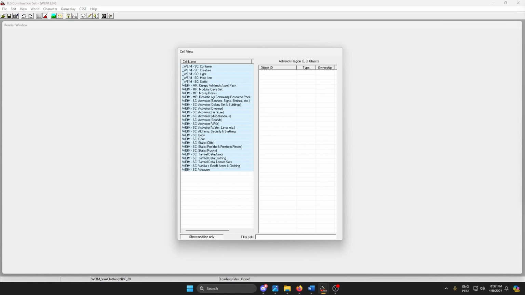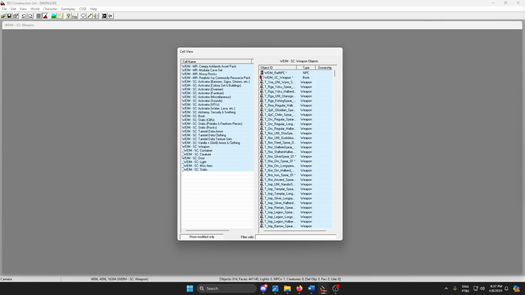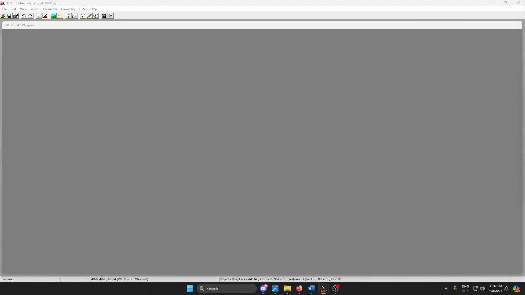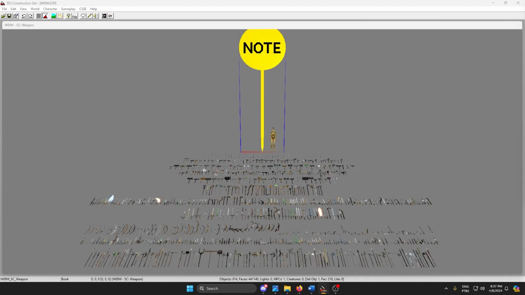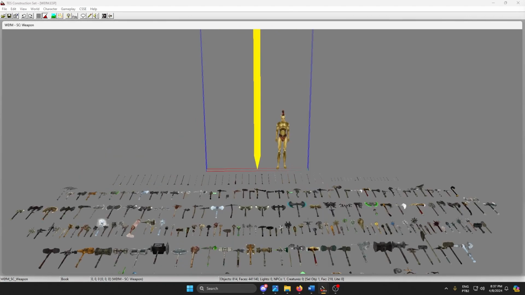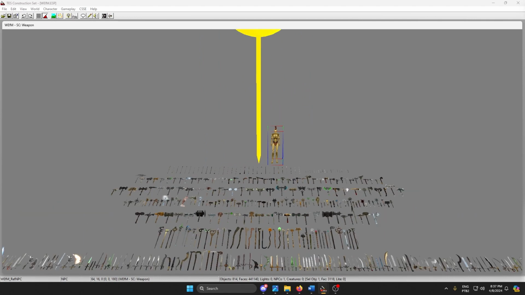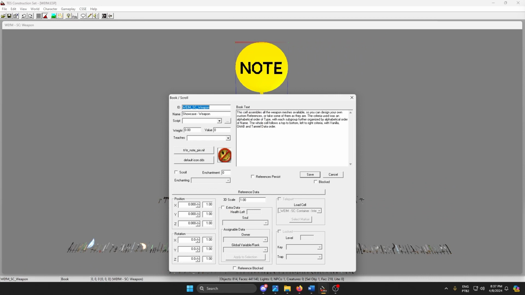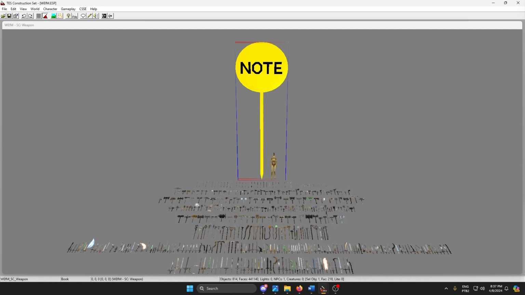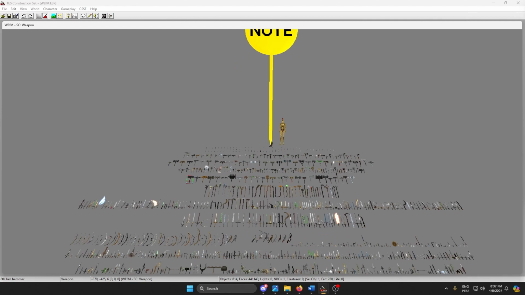So let's just try something in here, the weapon tab. So you come in here in the weapon tab, and this is a cell with every single weapon from vanilla, OAMB, and Tamriel Data. And you have always a reference NPC. This naked little guy will be everywhere, just to offer you some perspective. And the notes are always going to help you understand how the objects were organized, how they are structured inside the cell. So in here, for example, you're always going to have, starting from the left, vanilla, then OAMB, then